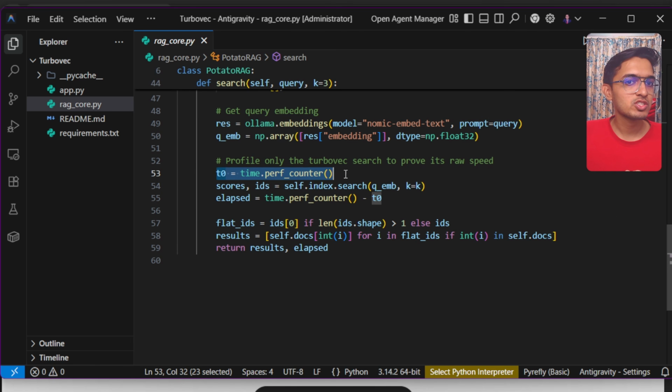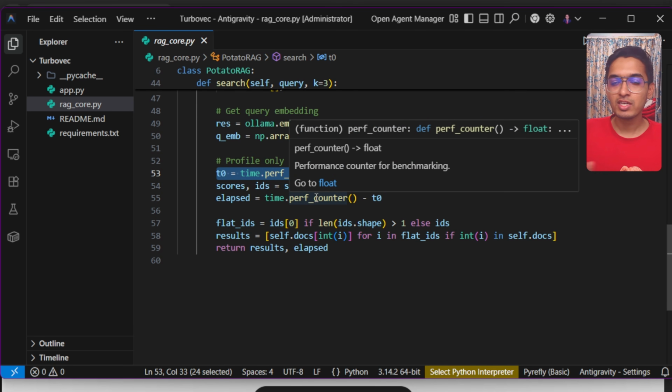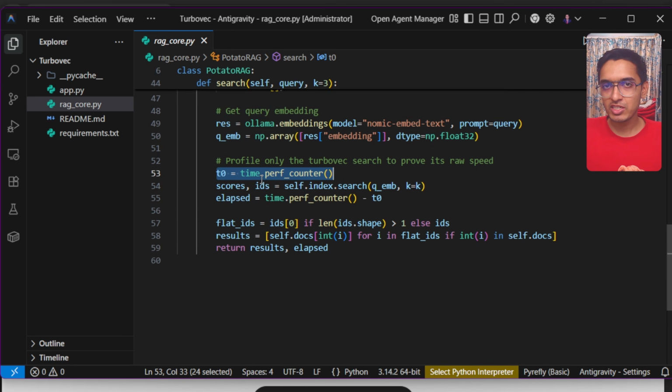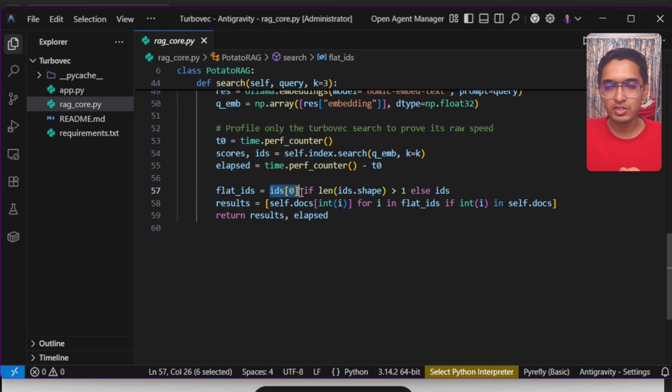I'll also track how much time was taken for this index search, so we can estimate, if we increase the document size, how much more time will be taken. Then for that best match, I will get the document ID using ID 0, and using self.aux, I will extract that entire document, giving the same ID that we have built above. Then once I get the result, I will return that result and the time taken for this entire